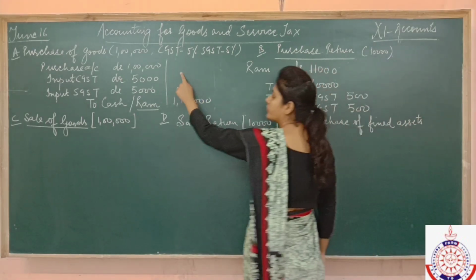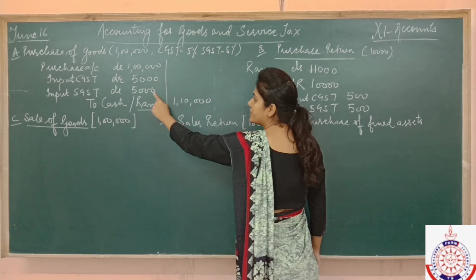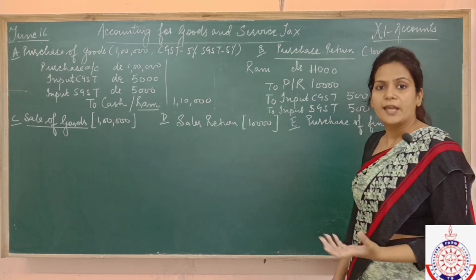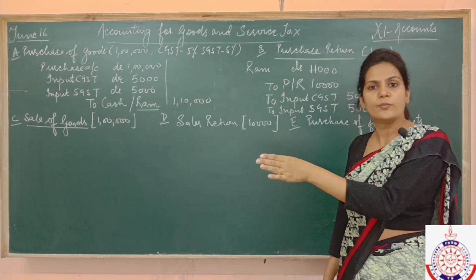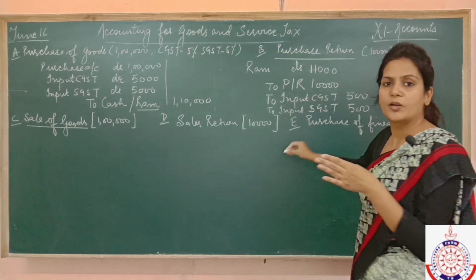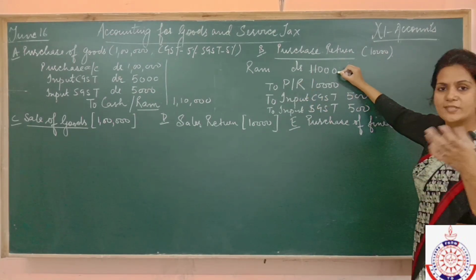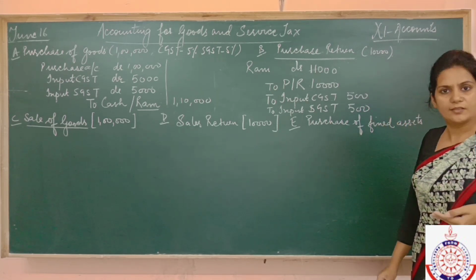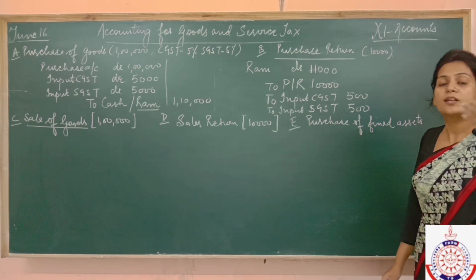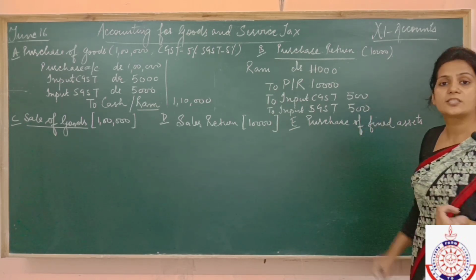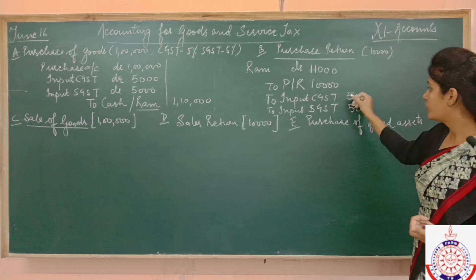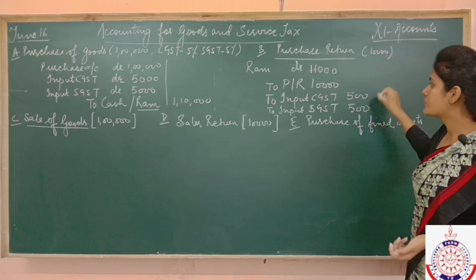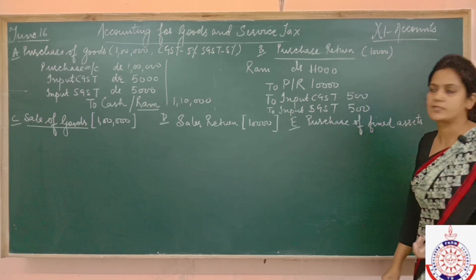That whenever we buy the goods, we pay GST. This GST will be an asset for us. We have to give this to the seller, and the seller is in turn giving it to the government. But when we have returned the goods, it means the goods are not with the seller, they are with us. So whatever GST was on these goods should also come back to us. Because when the goods are with us, when we have not consumed them, then why give GST on that amount which we haven't consumed. So we will take it back. So entry will be Ram debited, to purchase return, to input CGST, to input SGST.